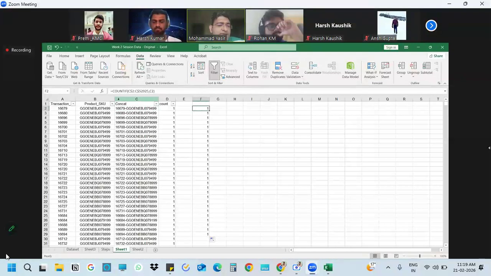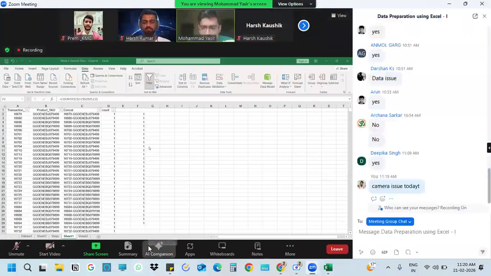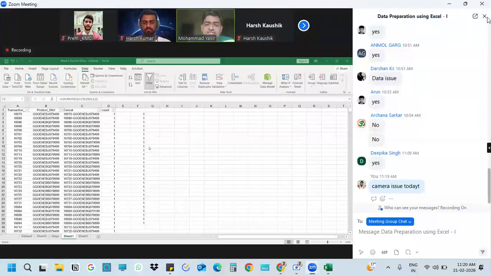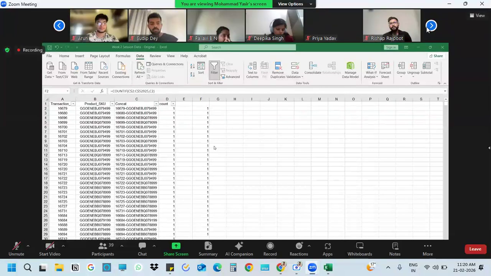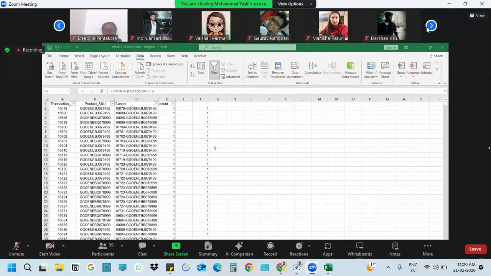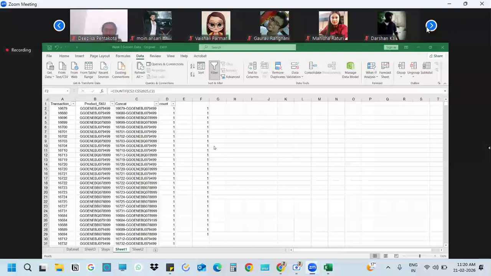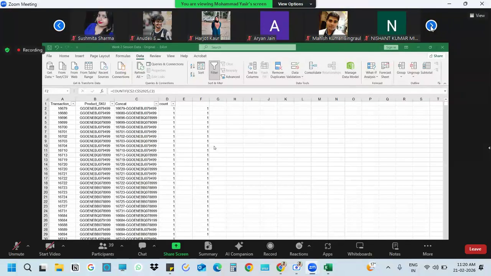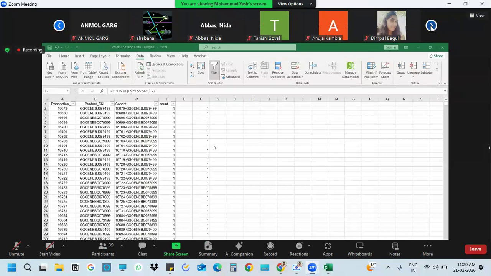So everyone clear with the countif function? We used a combination of concat and countif to check whether we have duplicates or not. Currently we are discussing very basic functions. When we are well versed with these, we will switch to slightly more complicated functions. I don't want to start off with very complex functions. First we'll cover the basics, then we'll go to those. But at any point, if you feel the pace is too slow or too fast, please let me know.